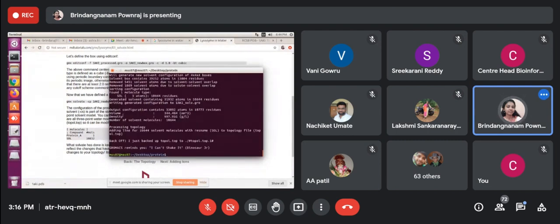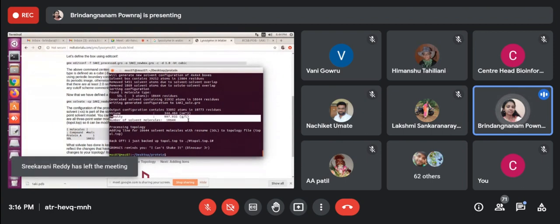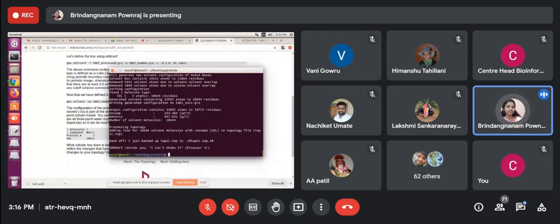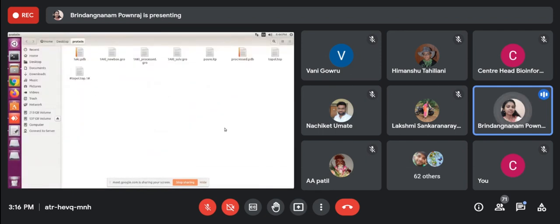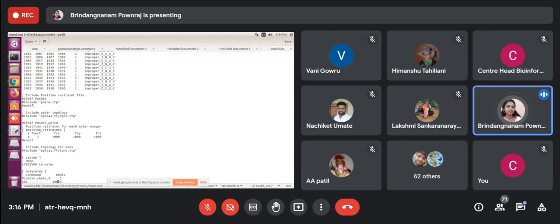So it's done. The total volume is this much, density this much, and a total of 10,644 water molecules are filled in that water box. At the end of the topology file, you will get how many solvents were added. Protein is there already, and then how much solvent is added; that information will be updated in the topology file. Whenever it updates, the old file will come with a hash symbol, and the updated file will be a new file. So you can see here how many water molecules were added, that solvent plus protein.